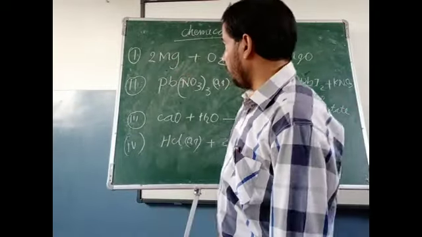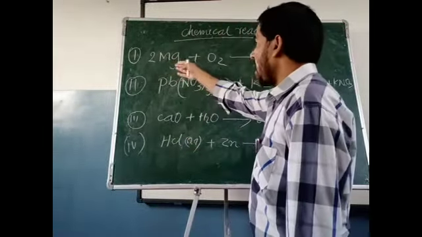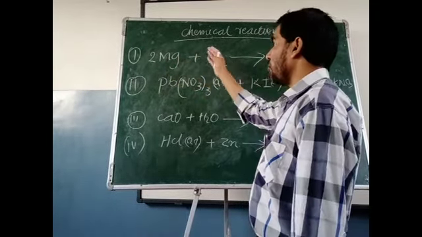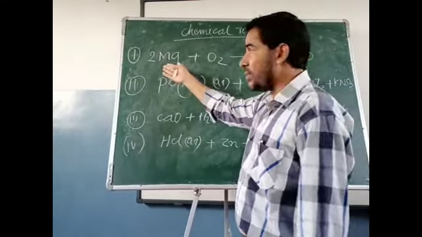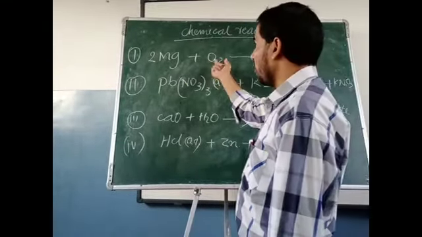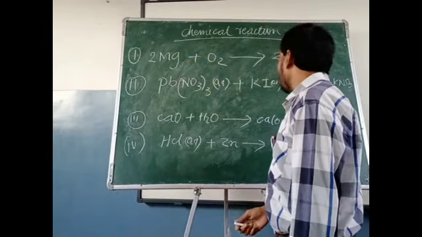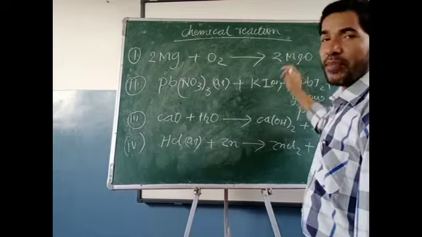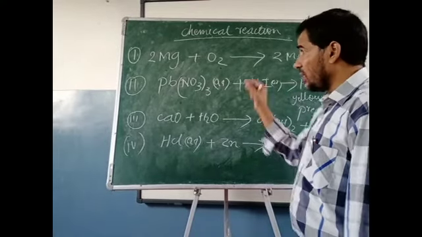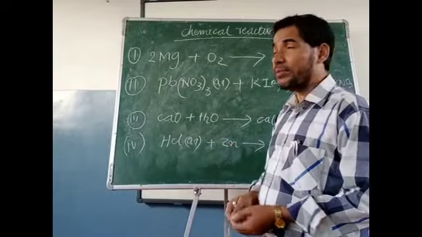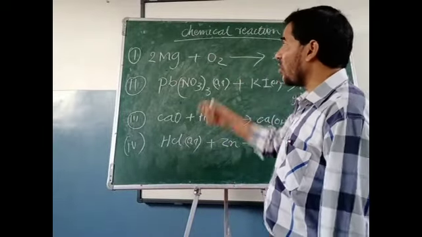You are seeing here I have taken magnesium, means Mg, plus O2. Mg is the symbol of magnesium. O2 is the molecular form of oxygen, and when both react, then magnesium oxide, means MgO, is formed. MgO is the formula of magnesium oxide here. So this reaction in which magnesium reacts with oxygen and gives magnesium oxide is written on the board in the